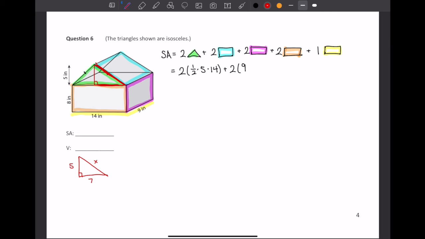So using the Pythagorean theorem, we have 5 squared plus 7 squared is equal to x squared. So 25 plus 49 is equal to x squared, and we have 74 is equal to x squared. So to get x by itself, we will square root both sides. We only care about the positive answer because we're talking about measurements. So we know that x is going to be approximately equal to